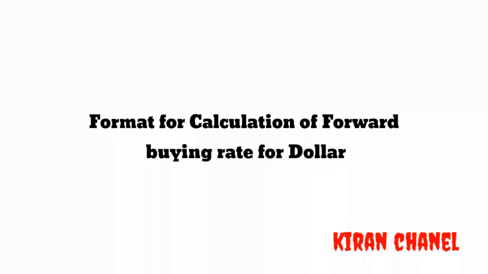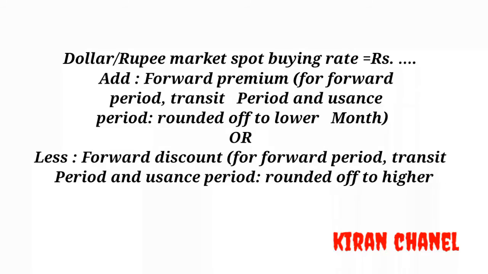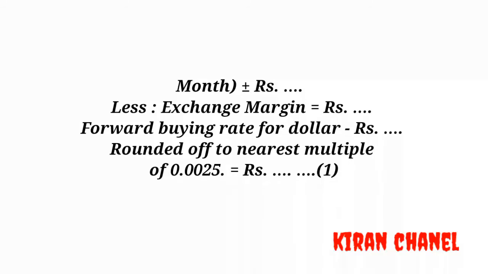Format for calculation of forward buying rate for dollar. Dollar rupee market spot buying rate equals Rs. Add forward premium for forward period, transit and the usual period rounded off to the lower month, or less forward discount for forward period, transit period and usual period rounded off to the higher month, plus Rs, less exchange margin, equals Rs. Forward buying rate for dollar Rs